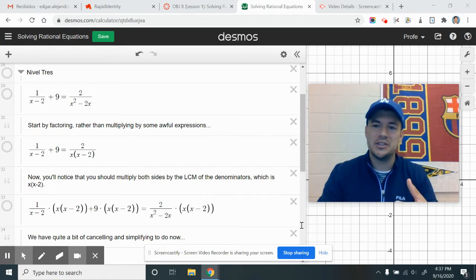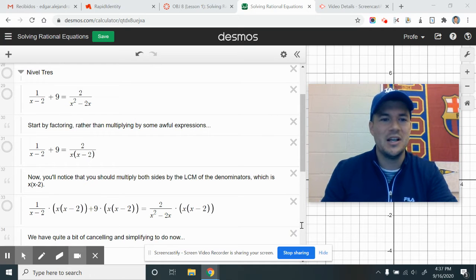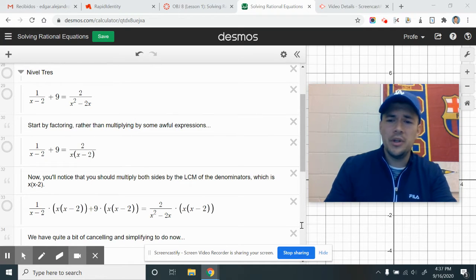Now, the only thing that makes this equation different is that you probably want to factor this denominator to really see if it has any common factors, all right? And when I factored x squared minus 2x, I got x times x minus 2. But I'm really going to follow the same process. I'm going to multiply x times x minus 2 to the entire